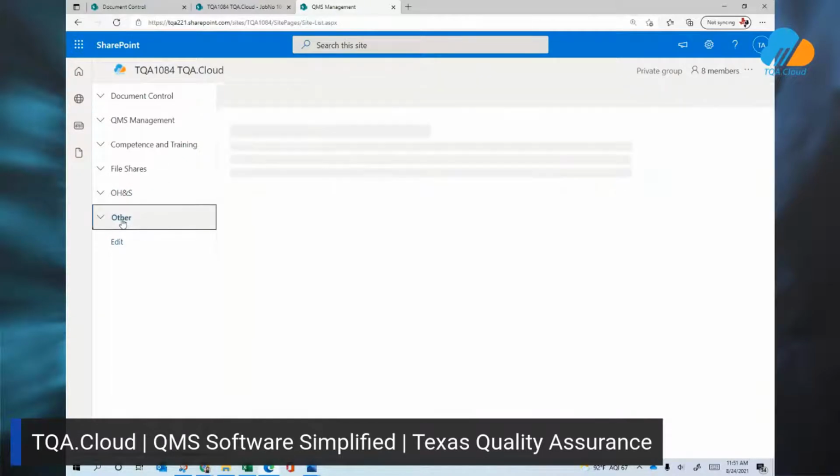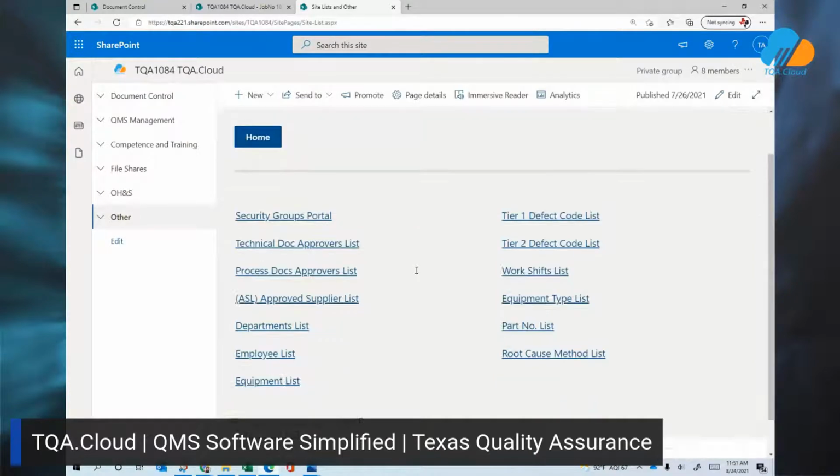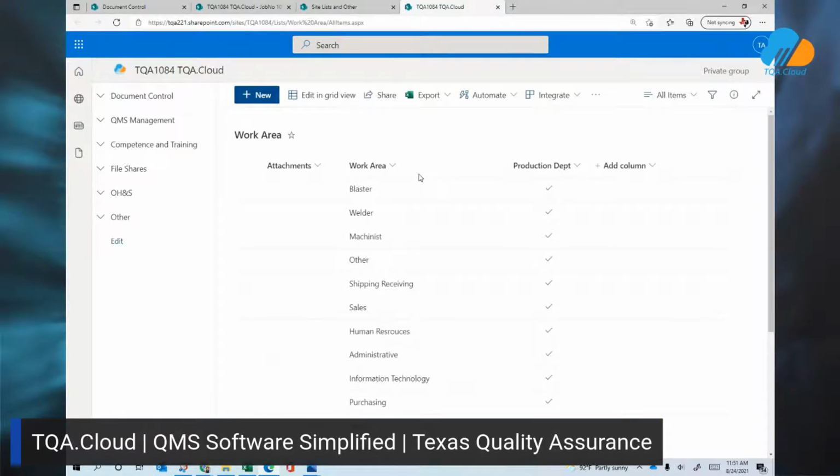Last piece here that I want to show you, and at the time we have allotted, we're getting close to the end here, is our site list. I've been telling you throughout this that each of these drop-downs that we're looking at can be revised and edited. So if we are looking at, say, the department list, or work area, which kind of depends on your organization, is what you might call it. So you'll see that maybe we float between the terms a little bit. That list is right here available for revision and edit.